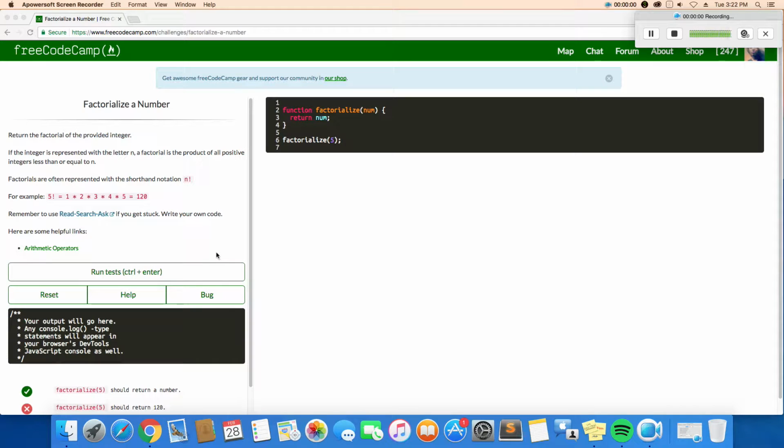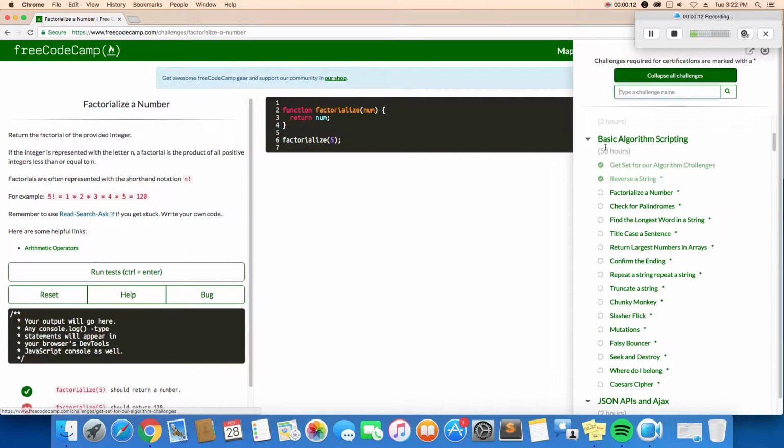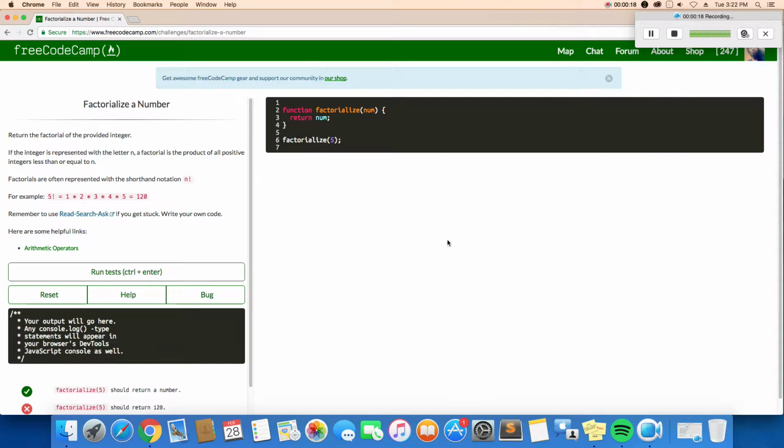So I just got to a new algorithm challenge for the FreeCodeCamp algorithm section. It is Basic Algorithm Scripting number 3, Factorialize a Number. And as you probably expect, this one was really hard. So when I finally figured out how to do it, of course I decided to record my solution